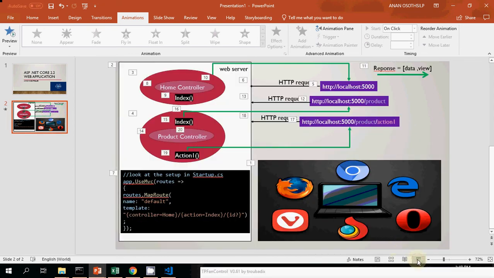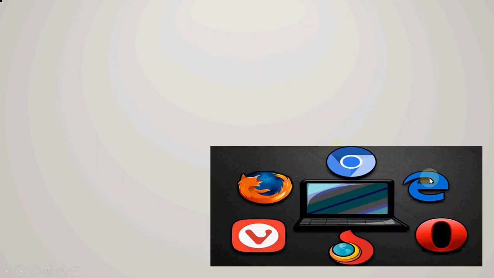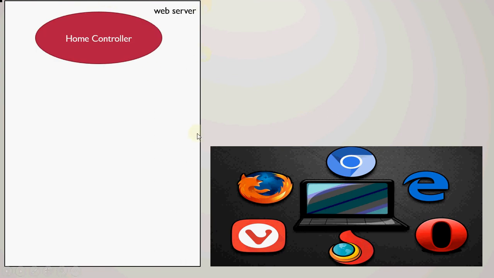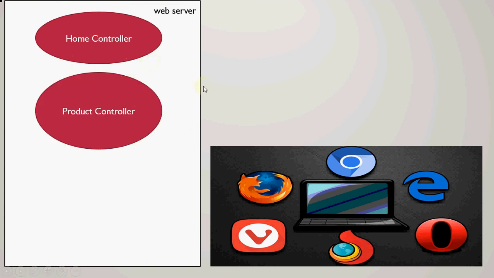So over here, imagine that we have a web browser, and we also have a web server, our web application. Usually the web server has a set of controllers like this. These controllers will be reviewed later. Now imagine that on the web browser side, I use